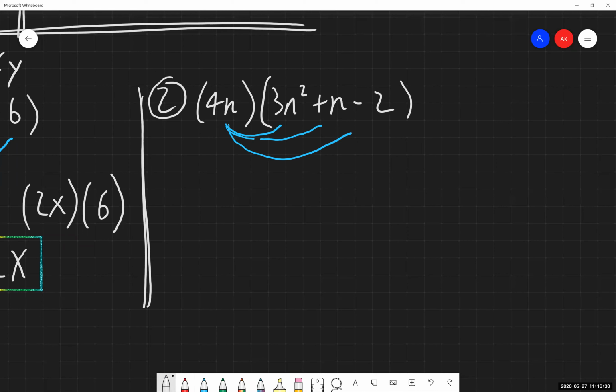And again, if you are able to go through and multiply each of these parts together in your head on your own, great, good for you. But I am not requiring that you guys do that.